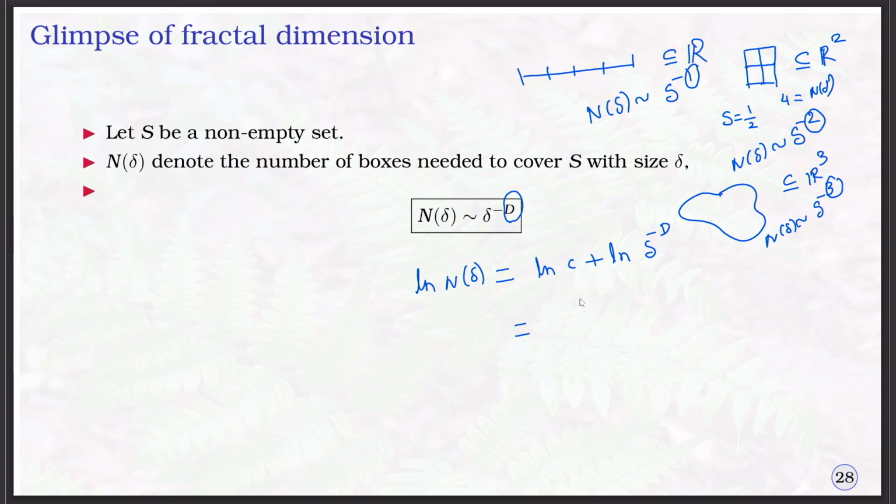Our notion is we need to find the capital D. So, for finding the D, D can be written as ln of n of delta. If you move this side, you will get ln C, then again there is one minus here, while going it will get plus, and this will become minus, over ln delta,